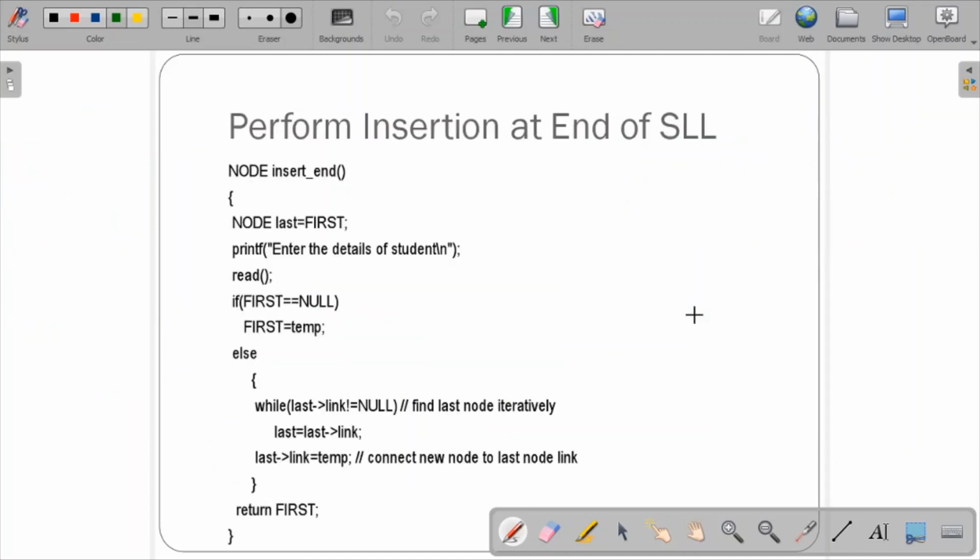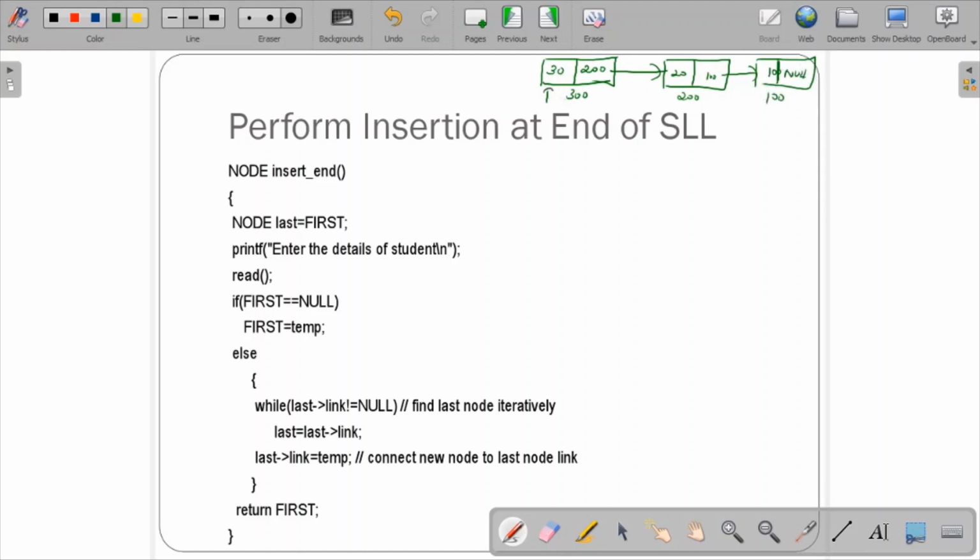So let us continue to perform insertion at end of SSL. Now I'll just write what we had. We had 30, memory address. I'm doing the continuation, same as previous. 30 memory address was this, and then we had 20 and memory address is 200, and this was holding memory address of next, so it was 10, memory address was 100, and this was null.